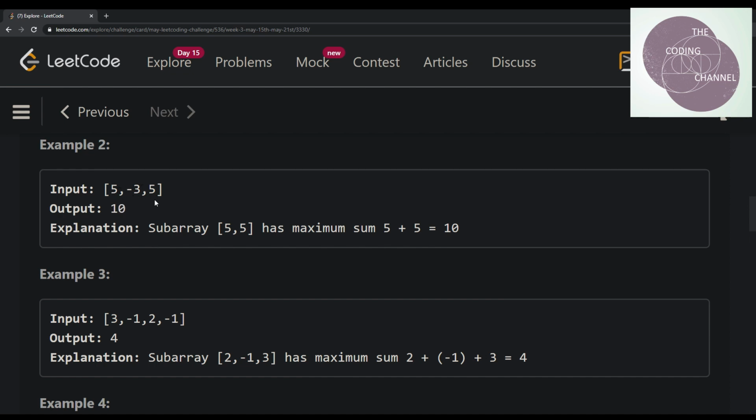What we can do is jump to the next element and go further and add the maximum sum. This calculation we did for the elements which are not going to be contributing to the output.